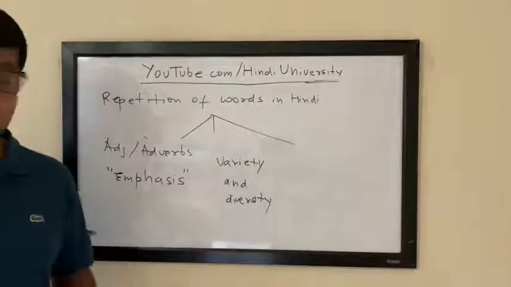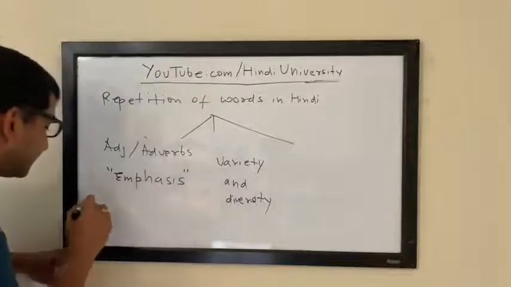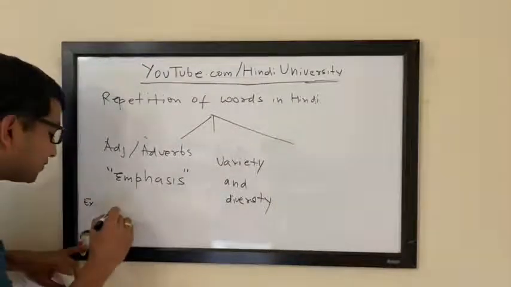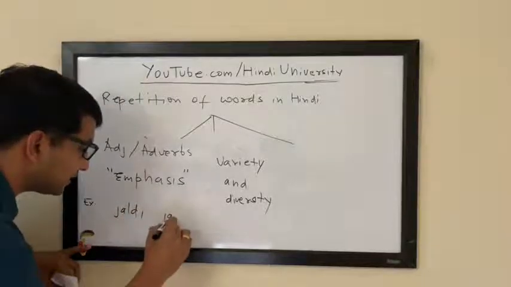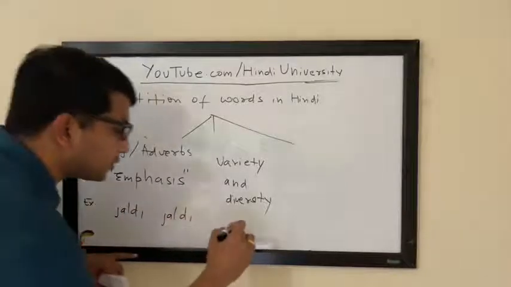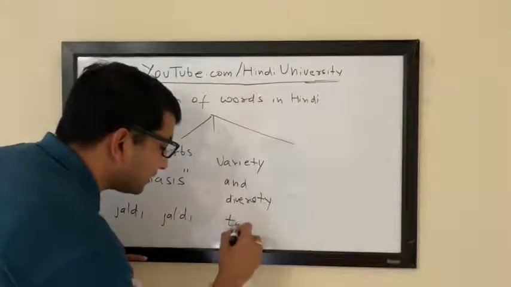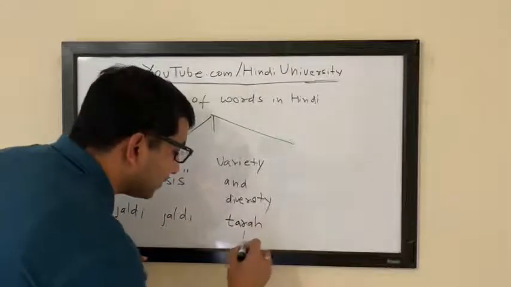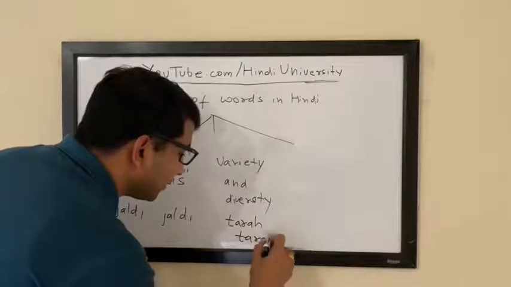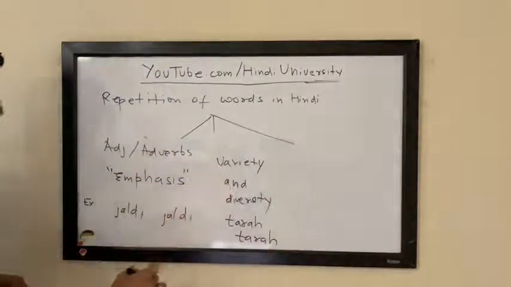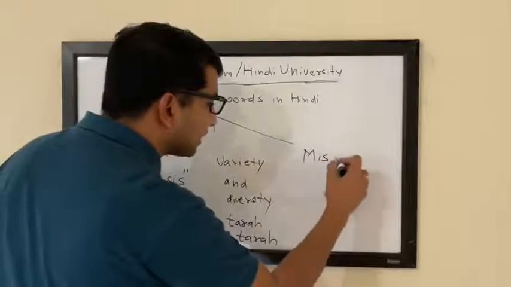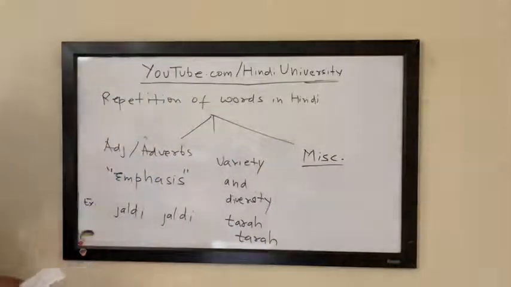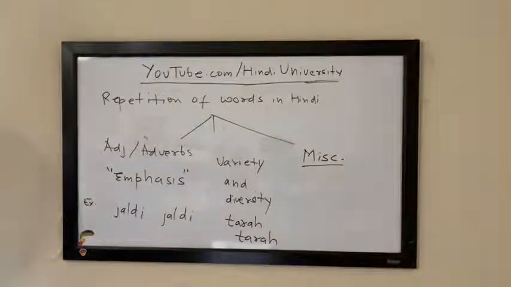I'm going to give an example here: jaldi, and in this one, wide variety is tarah tarah. We will cover a lot of examples in this one. And the third one, I just put into the miscellaneous bucket, and it could mean multiple things, such as